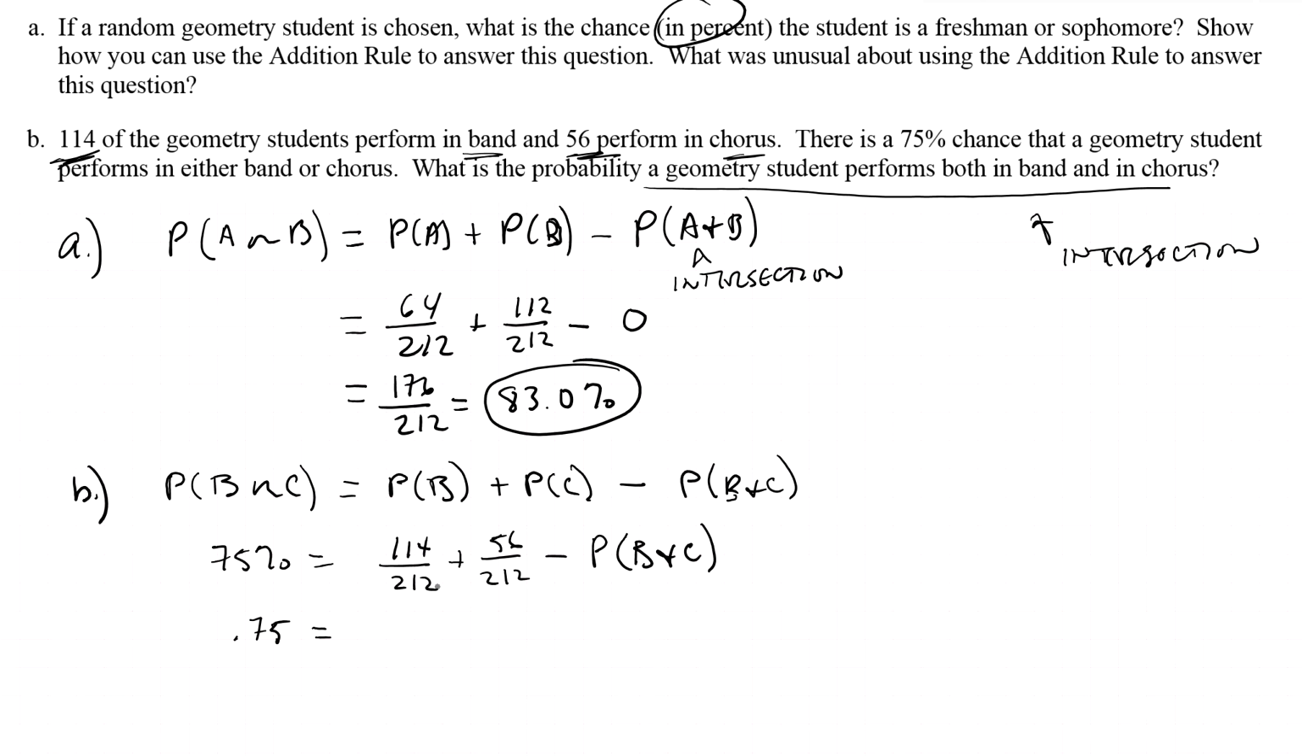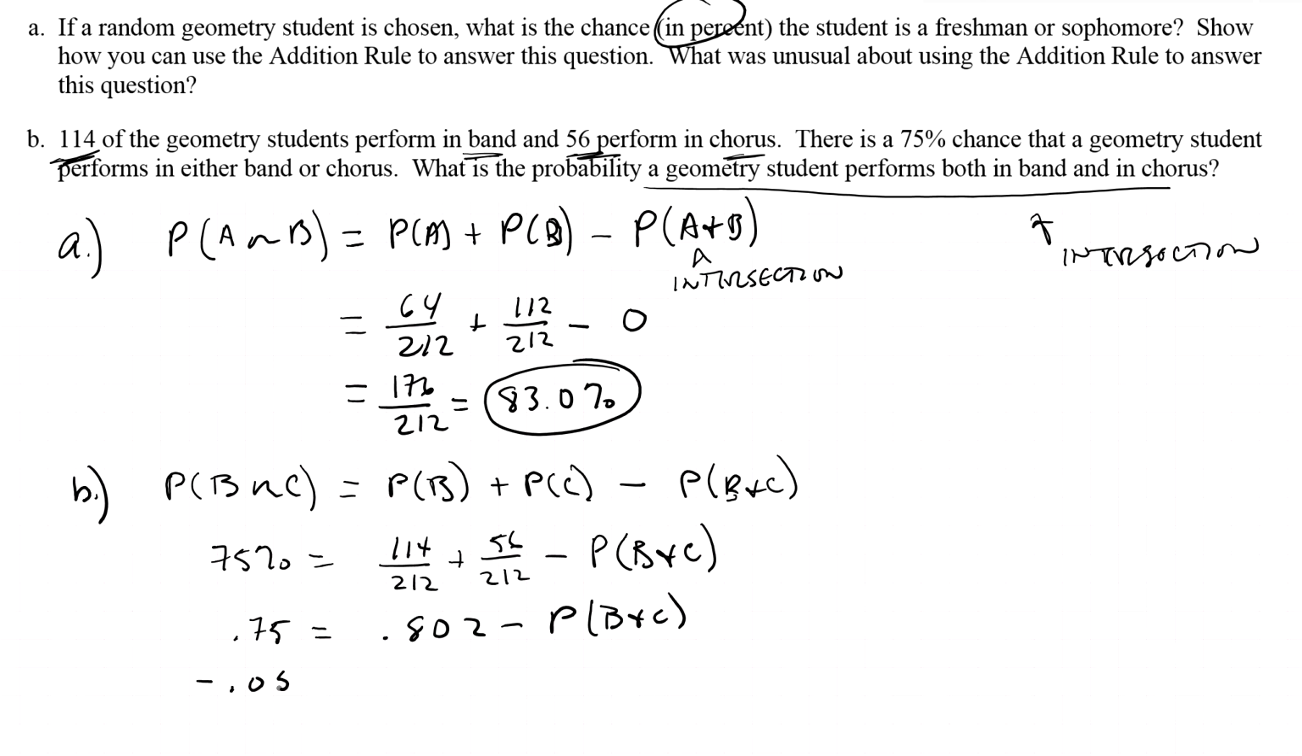114 divided by 212 plus 56 divided by 212 equals, so this right here is going to be 0.802 minus the probability of B and C. So then I'm going to subtract this from here. When I subtract 0.801 minus 0.75, I get